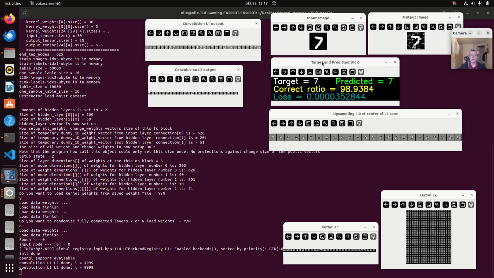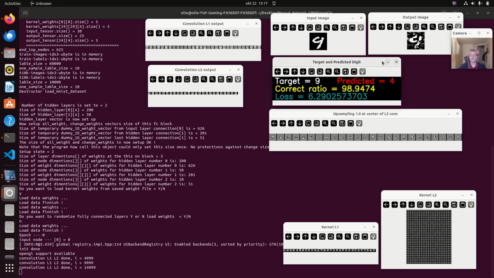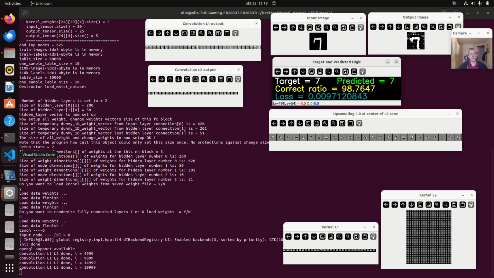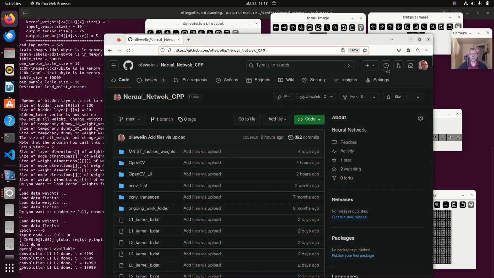My friend, now I have updated this convenient window that shows the prediction and target and correction ratio and so on for the convolution neural network in C++ with no machine learning library involved. So I will go through the code. You will find